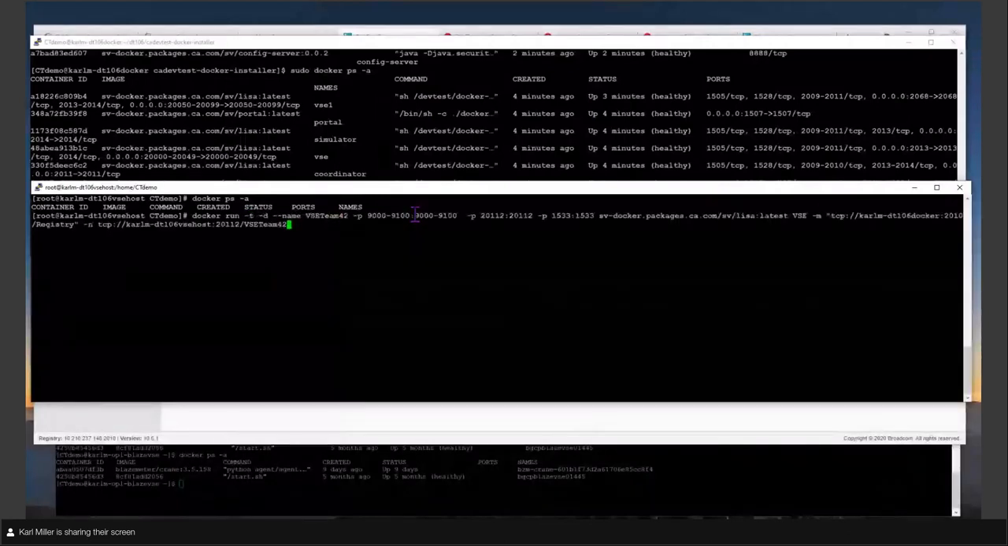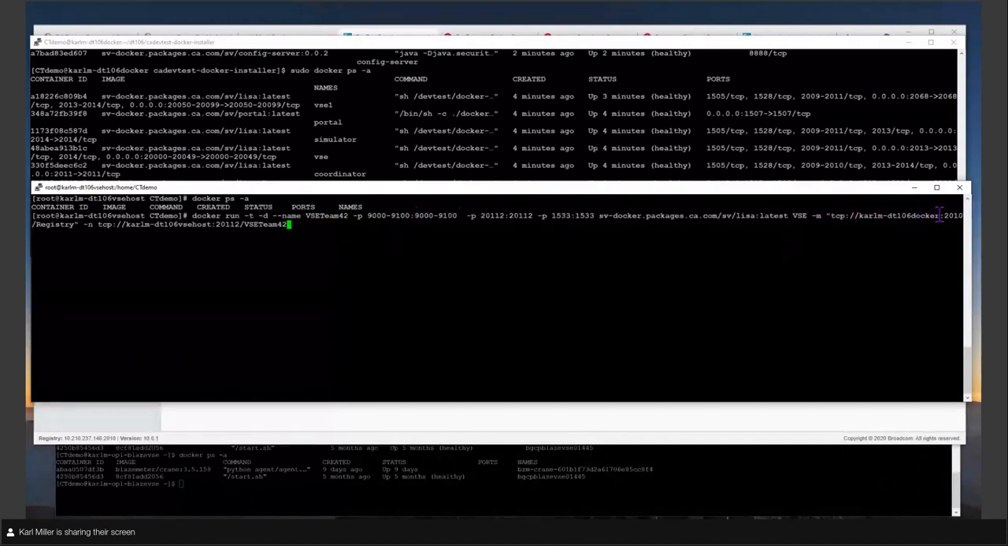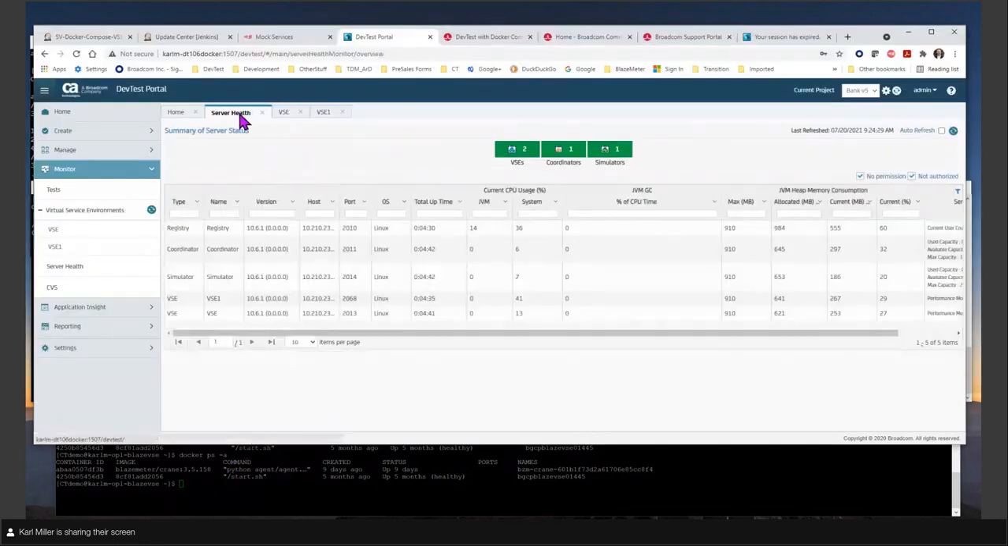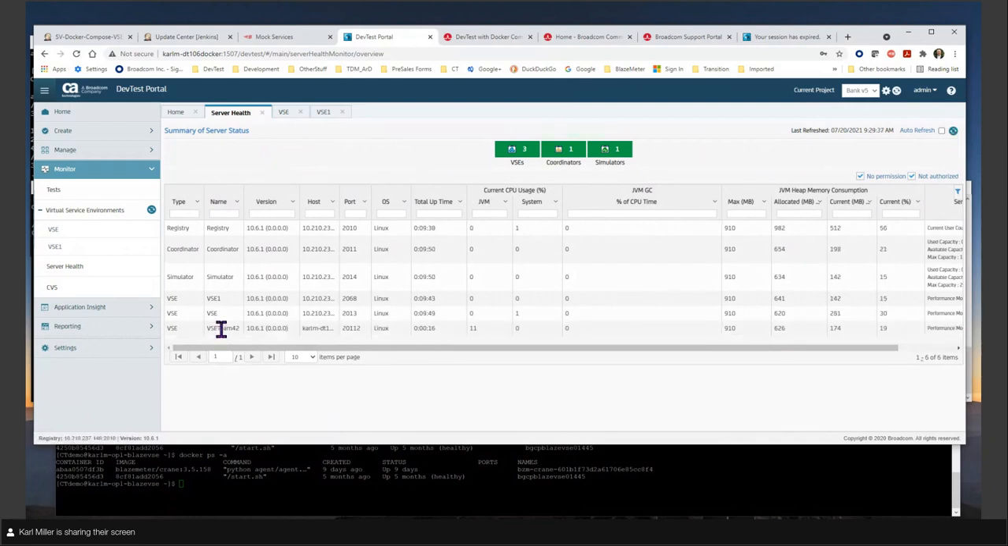However, what I can do, there we go, is I'm going to add another VSE because I'm going to my DT106 Docker registry. I'm going to add another VSE named VSE Team 42. So this will allow you, once you bring it up, to add more to it. As you can see, I've gotten an ID back here. And if we pop into here and we look at server health, and we do a refresh, come up in a moment. There we go. Team 42 is coming up,